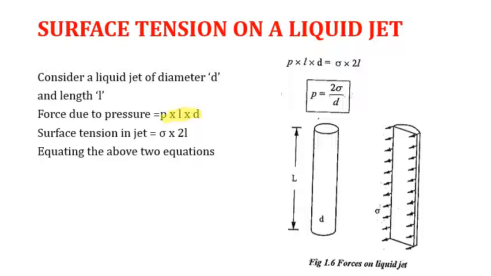By the surface tension, as we know, surface tension force is force per unit length. So it will be only acting on the length, 2L. Sigma into 2L. Previously we were seeing a sphere, so it was acting on the circumference, but here, as it is rectangular, it will be only acting on the length of the element. So it is sigma into 2L. Now equate the above two equations and you get P is 2 sigma over D. That is, the pressure is half that of a liquid droplet.